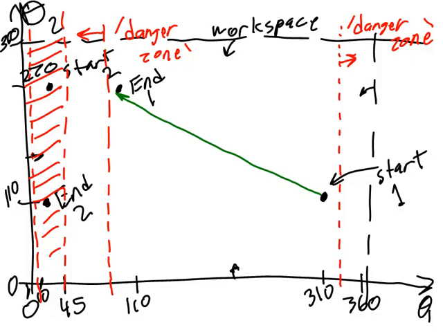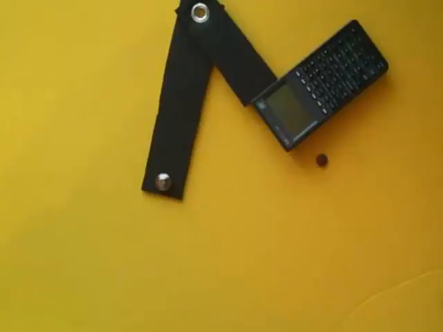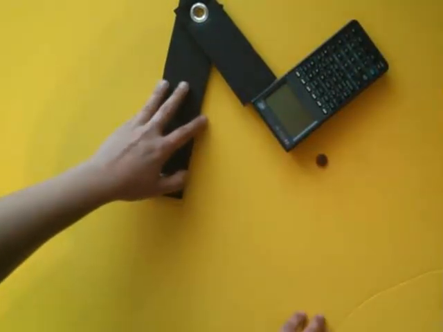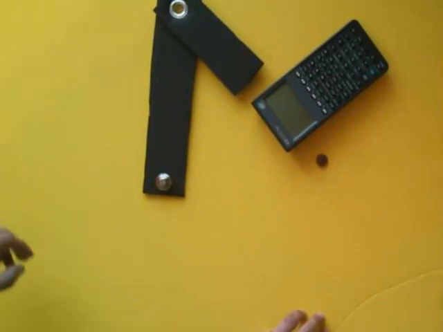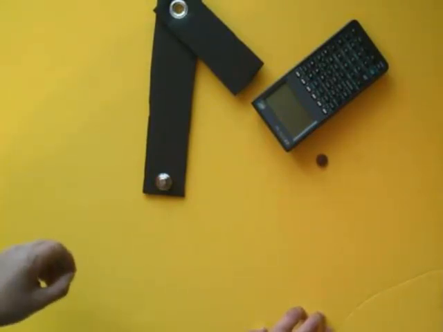I'm going to show you an example of how we do that. If it happens that one or more of the points that we want the end effector to go to or through fall within the danger zone, I have to be more specific about which points in the danger zone are